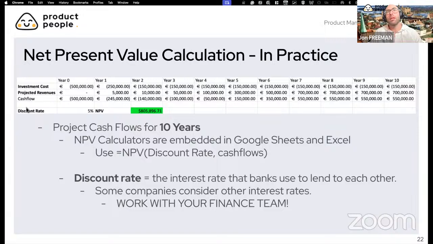This is comprised not just of the cash flow, but also of the discount rate. Technically, the discount rate is the interest rate that banks use to lend to each other. I'm a bank, I'm going to lend you money, and here's the interest rate that I'm going to charge you. But oftentimes, financial companies will have some other rate that they use as their internal discount rate, which